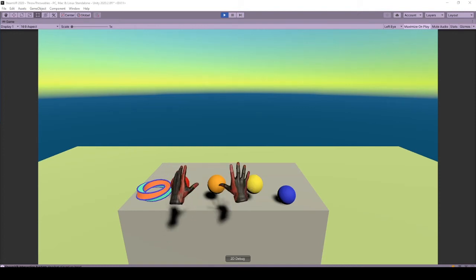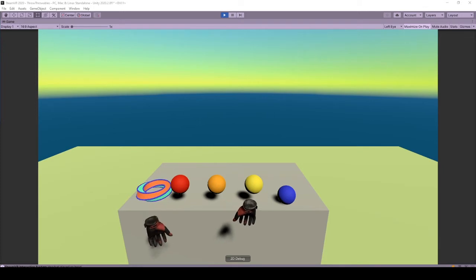Welcome to this tutorial on throwing kinematic throwables in SteamVR. If you ever want to control the player movement of the throwable object before it interacts with the hands, or solely want them to float, you can set their rigid body to kinematic. But if you do that, you need to do more tweaks before you can interact with them like normal throwables.